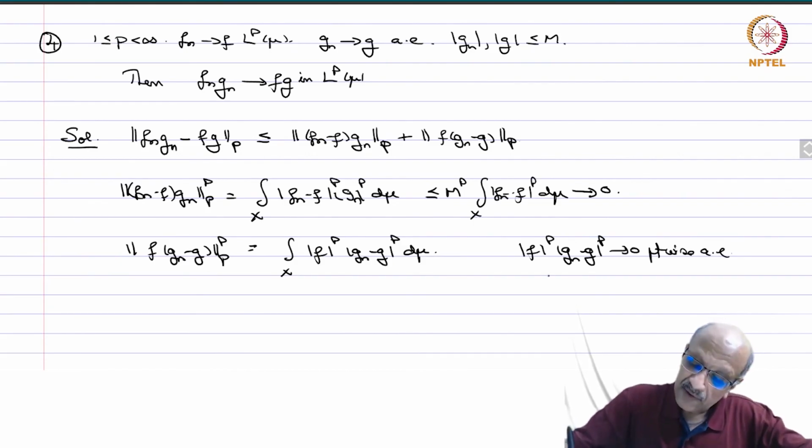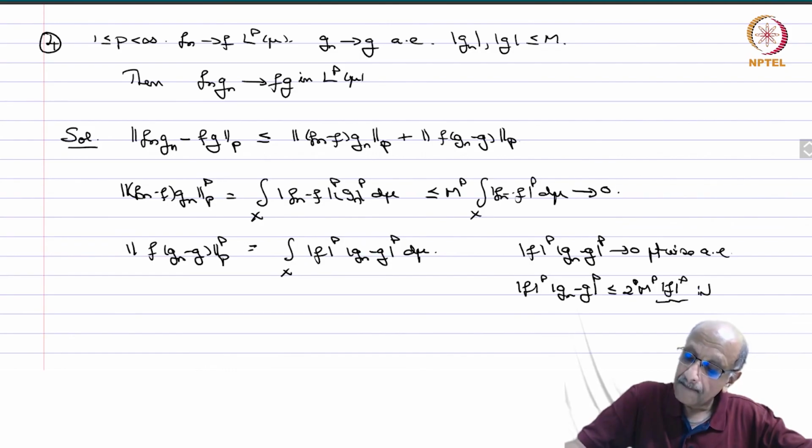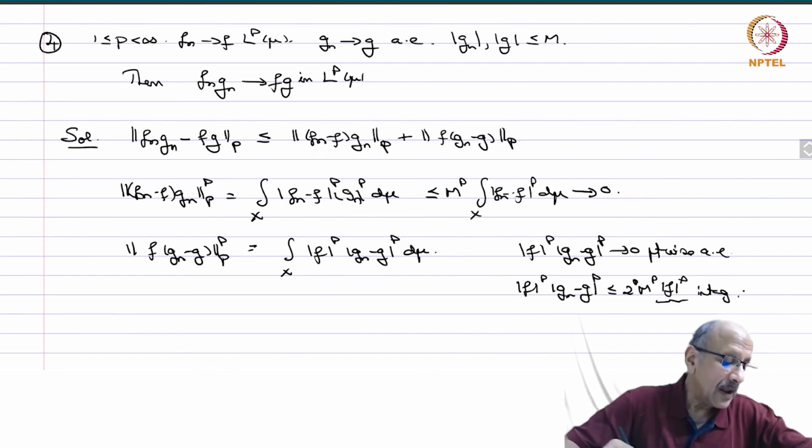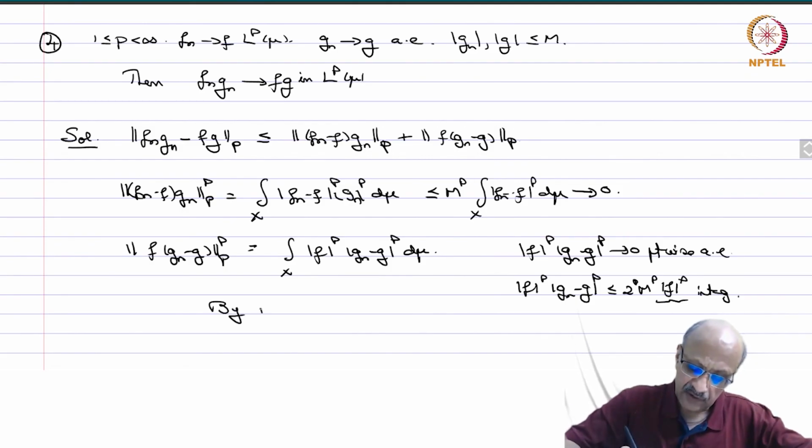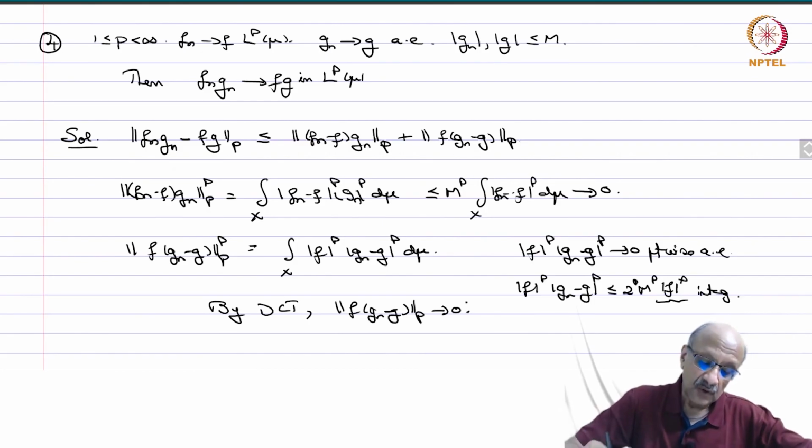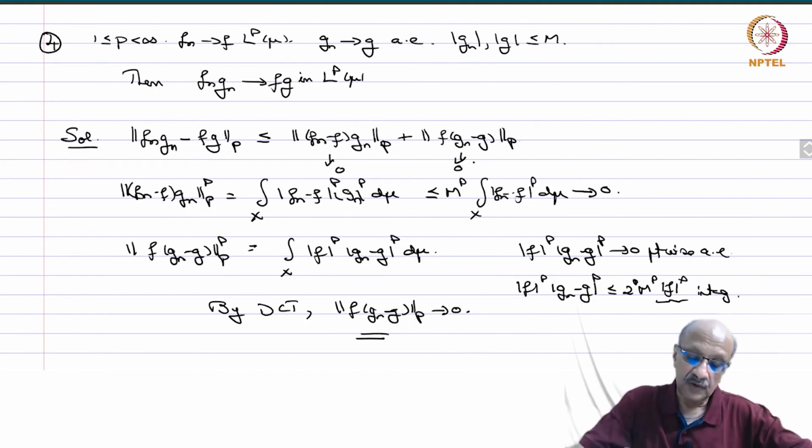Also, it is less than or equal to 2 power p M power p mod f power p, and this is integrable. And therefore, by the dominated convergence theorem, we have norm of f times gn minus g in LP goes to 0. So each term goes to 0, so fn gn also goes to fg in LP. We have shown that this goes to 0, we have shown that this also goes to 0, and therefore